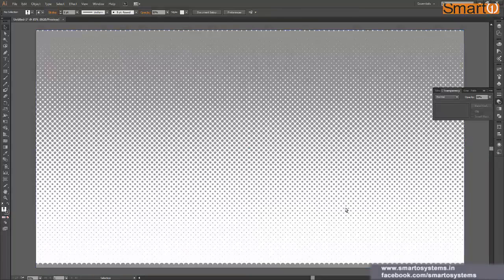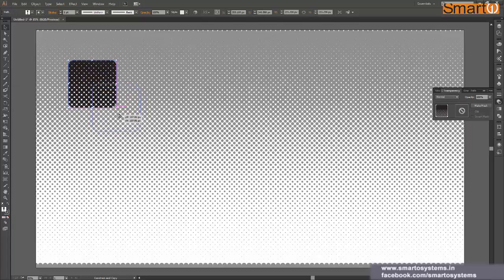Okay, now I'm gonna press Ctrl 2 on my keyboard to lock the object, and there I have some kind of background, so that if I remove any of the shape, or if some kind of operation happens on two shapes, we can see which area is removed from the shape and which area is still there.